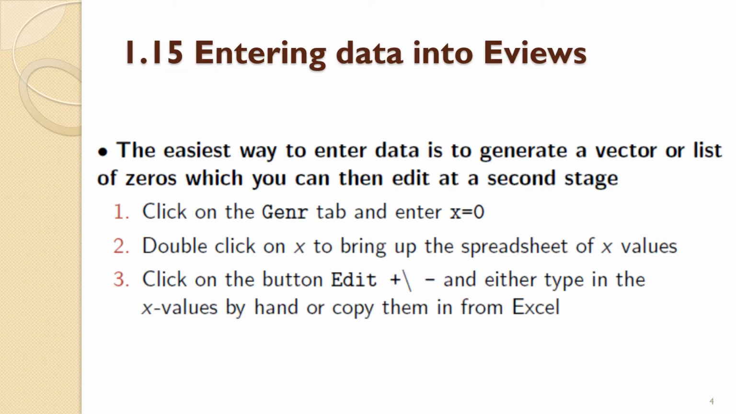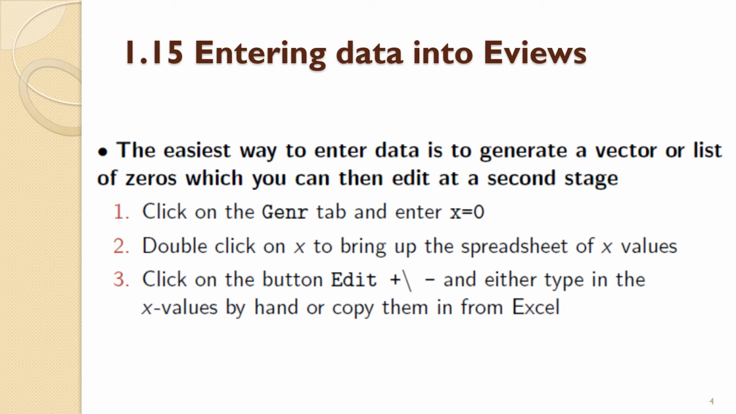So this might look a little bit fiddly in terms of how to enter data into eViews, but it is logically constructed, and this is actually more efficient than alternative ways of doing this. So the easy way to do this is to generate a vector or list of zeros, which you can then edit as the second stage. When it says edit there, this means that you can either type the values in yourself, or probably more realistically copy the data in from a separate